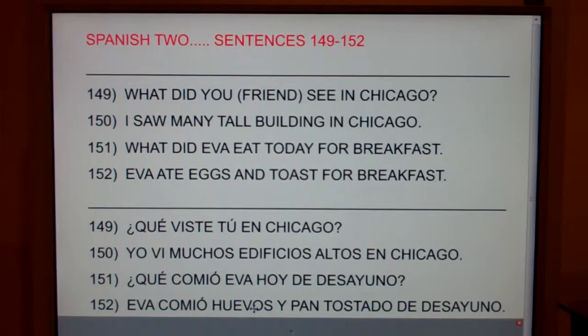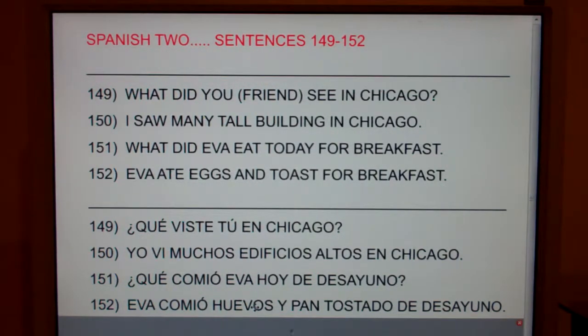Now, how are we going to remember that huevo is eggs? Well, every day my mom asked Dad what he wanted, and every day he voted for eggs. Everybody say that. He voted for eggs. And how are we going to remember that desayuno is breakfast? Well, they say breakfast is one of your most important meals. Everybody, they say breakfast is one of your most important meals.